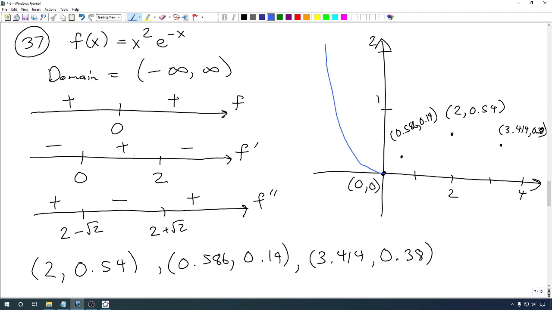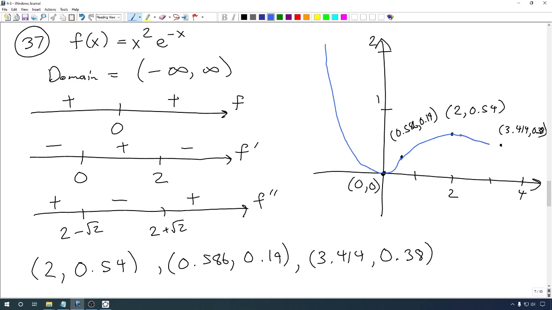But then it's going to become increasing but still concave up, so it still has that cup shape to it until it gets to that point there. That's our inflection point. At that inflection point, it's going to start being concave down. It's going to have that cap shape, but it's still going to be increasing until it gets to 2, at which point it's going to start decreasing. So we're going to have something that caps off at 2